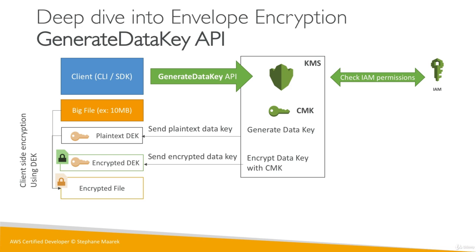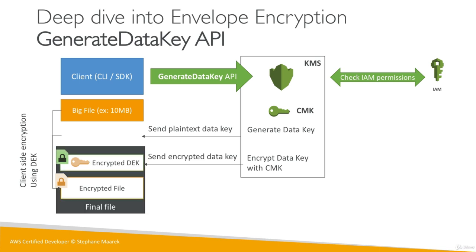Now, if we take this, we remove the plain text DEK, the data encryption key. So it's gone. We just deleted it, we threw it away. What we have left is the encrypted data key and the encrypted file. And this all together is going to be the final file we'll use. This file has the encrypted file using the data key that we just threw away, and we have the encrypted data key that was encrypted using the CMK. Because there are two levels of encryption, one encryption into another encryption, this is called envelope encryption. So these are the details.